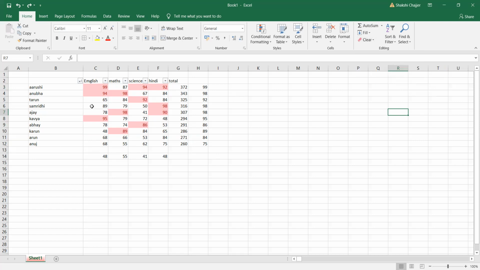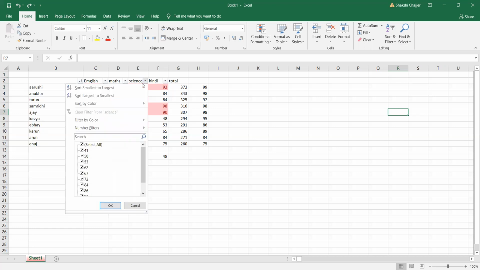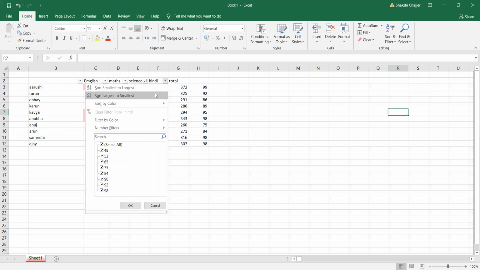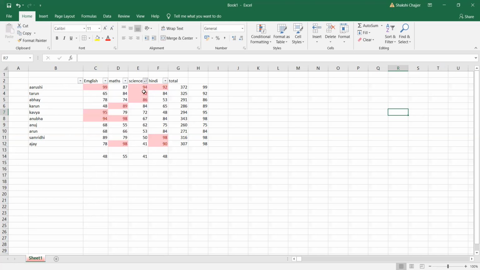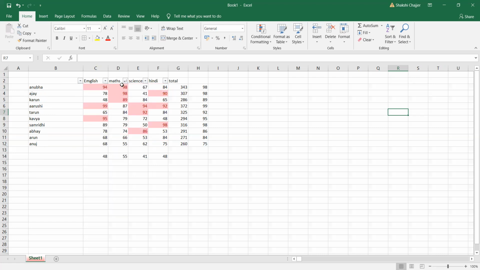Any doubts in this table? No. So see, from there also you can set a sort, and from here also you can sort the data. But here, if we are going to sort, let's say largest to smallest, see, now when I'm sorting over here, everything is getting changed.